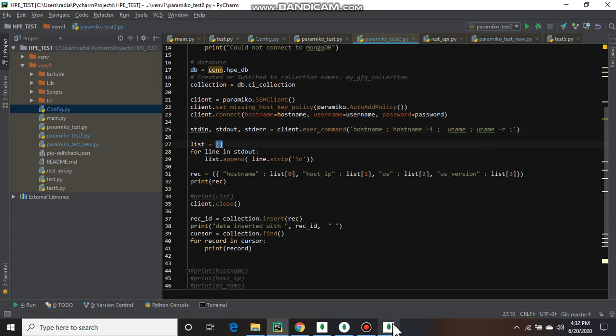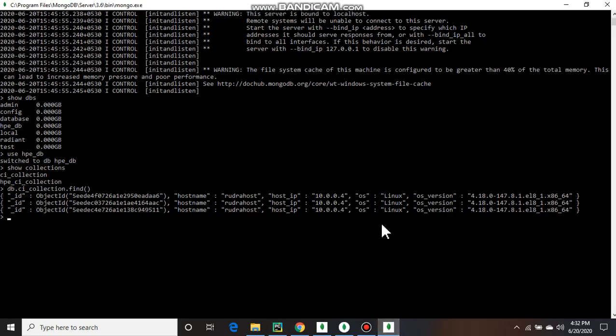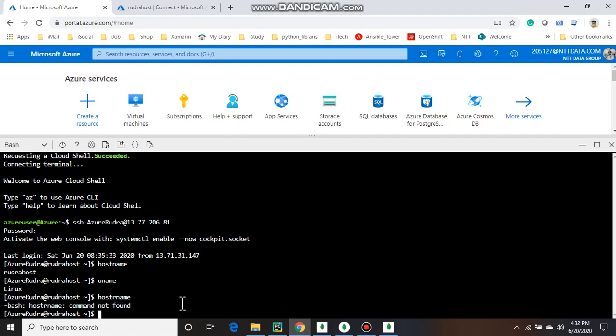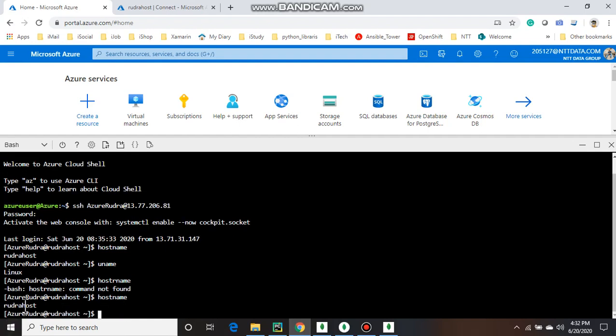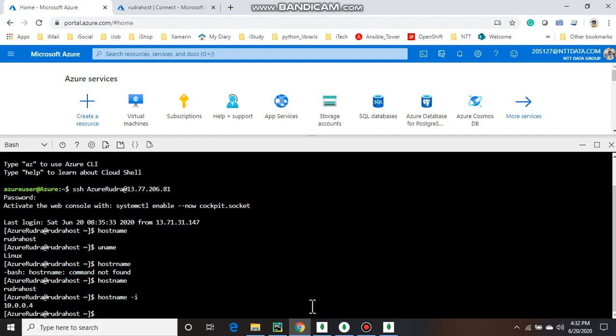You can see all those details have been stored in the database. If you re-verify, you can run the hostname here. See, this is the exact hostname. This is the exact IP address you got here.